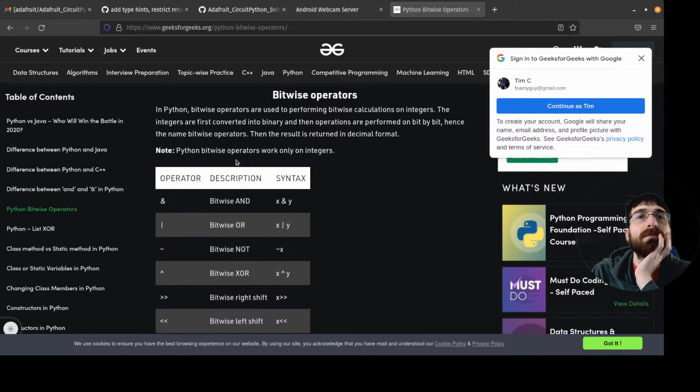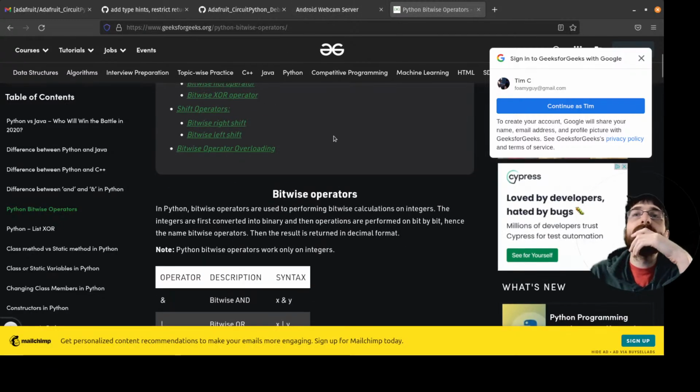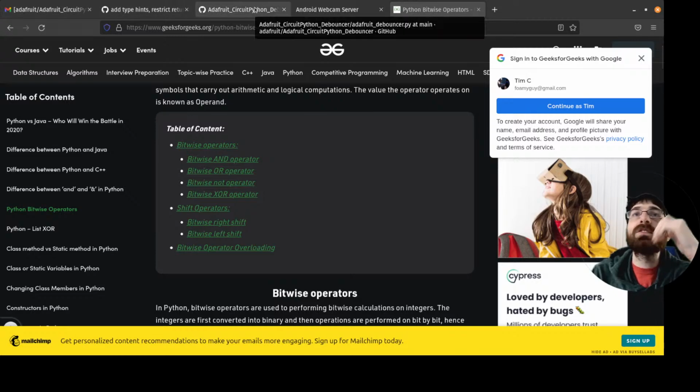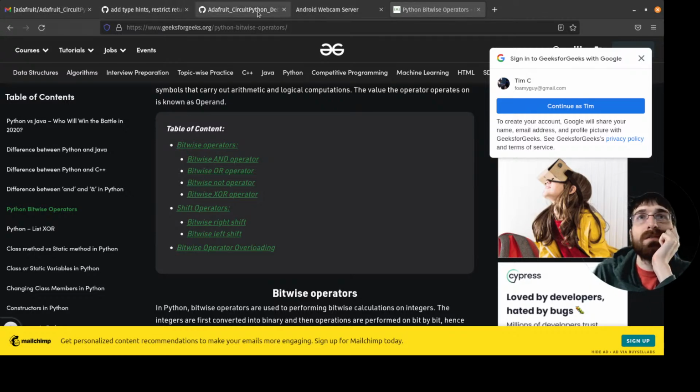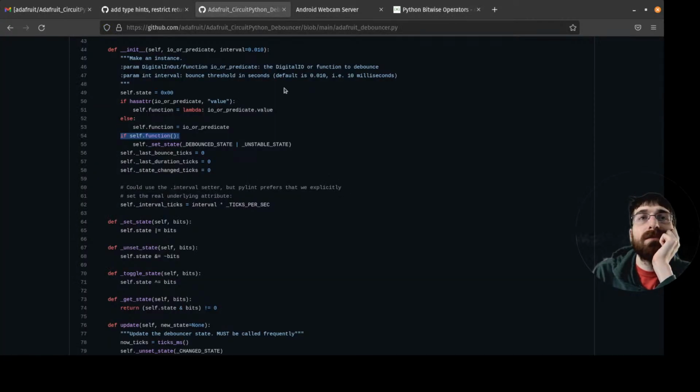Bitwise or. What does it do on just Booleans? Threshold.